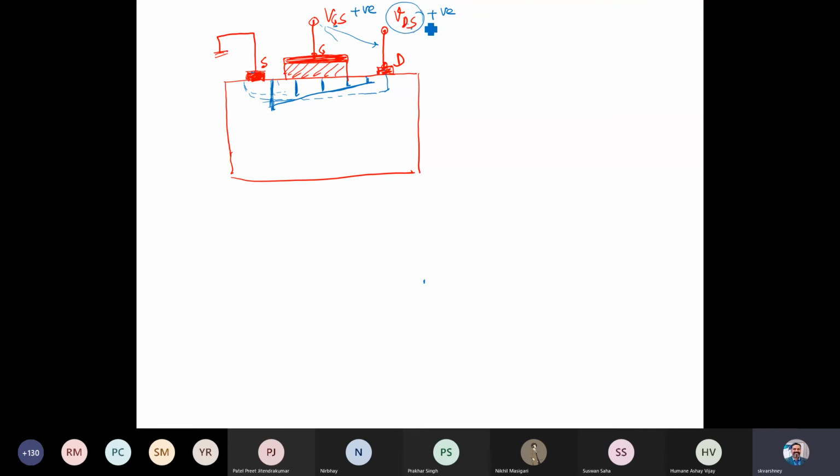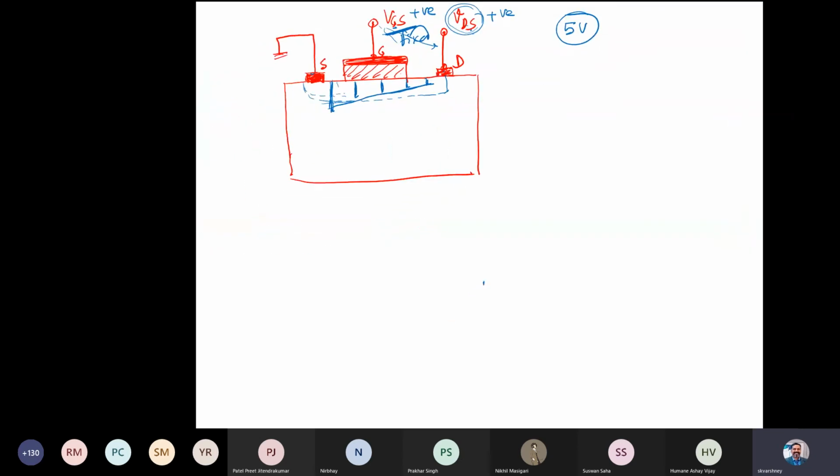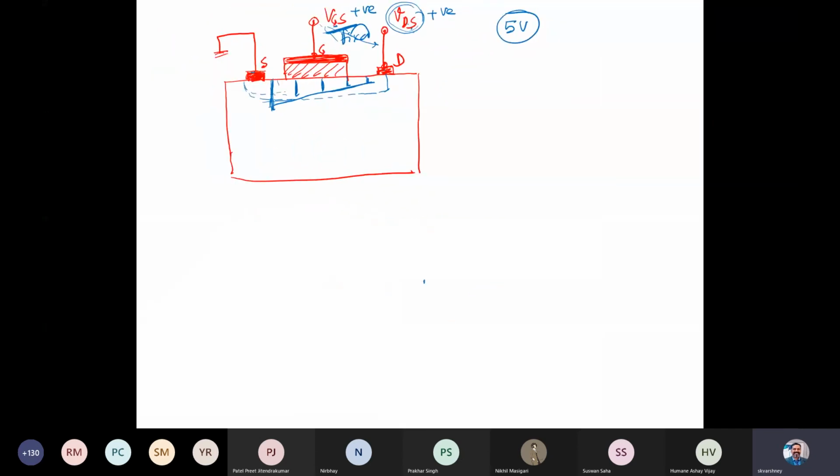If you fix the VGS, let's say I fix this to 5 volts, and you apply a very small signal, let's say 10 millivolt, 20 millivolt, or 30 millivolt, there is no problem.